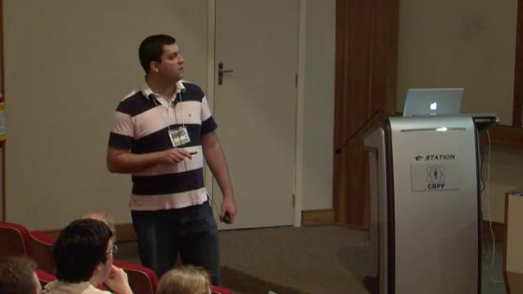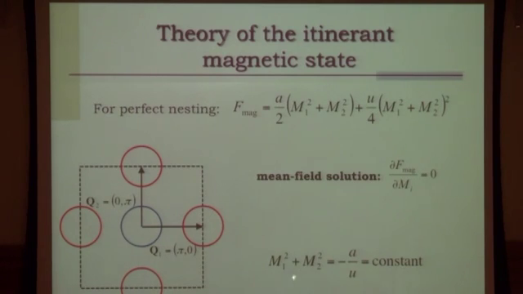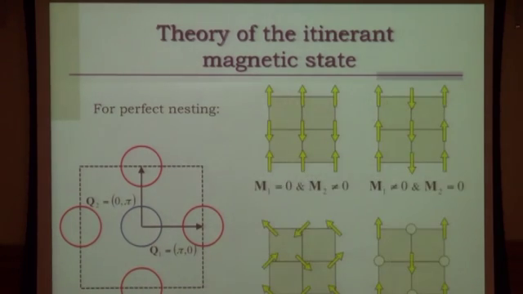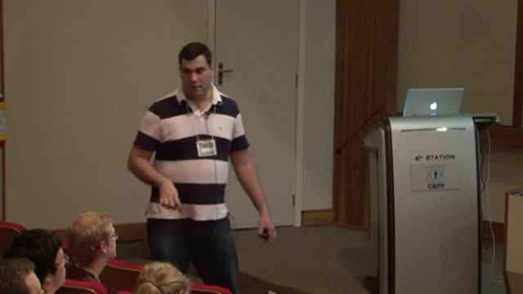Very good. Now comes the first problem. You see that the ground state is whenever m1 squared plus m2 squared is constant. This means that I can mix anything that I want. I can have m1 be 0 and m2 non-zero, which is this striped state, or m1 non-zero and m2 0, this other striped state. That's what we see experimentally in the pnictides. But I can also combine both of them to be perpendicular, and then I get this state, or combine them to be parallel and I get this state. These states are never observed. So my model is not capturing the whole physics here. Where do you think I'm screwing up?